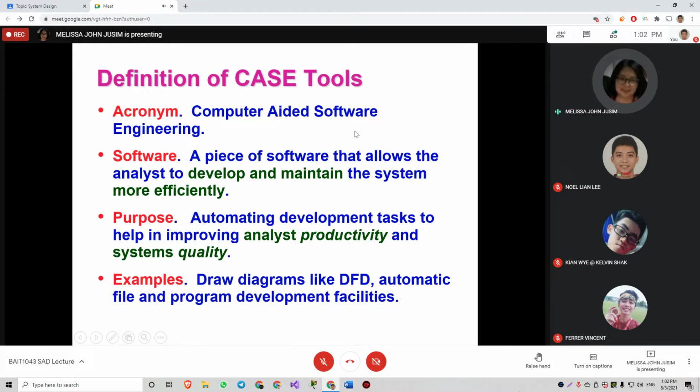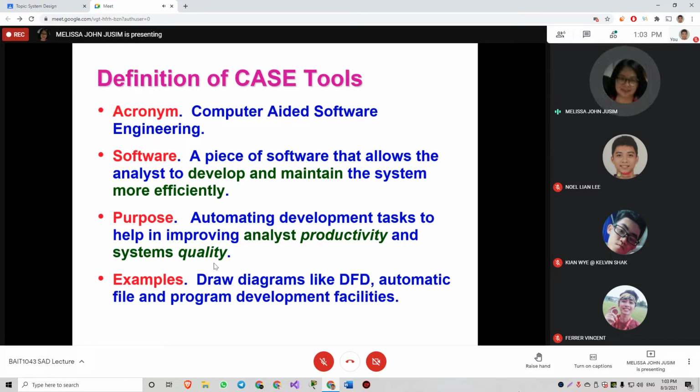But in terms of CASE tools, it is not so much about the programmer, because the system analyst is in charge of the whole project in system development. Another purpose is that we use CASE tools because we want to achieve high system quality.